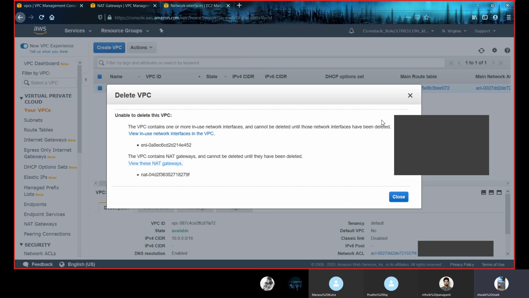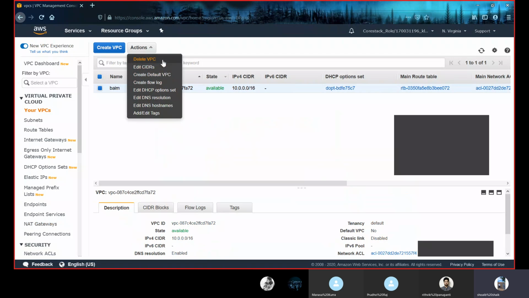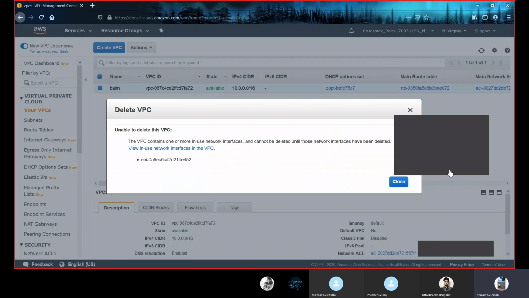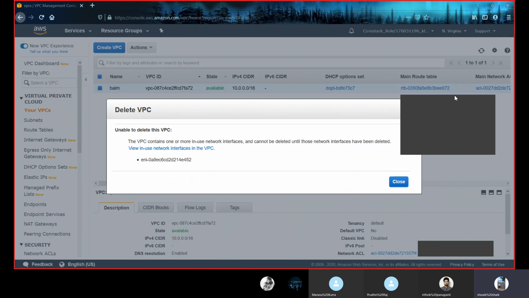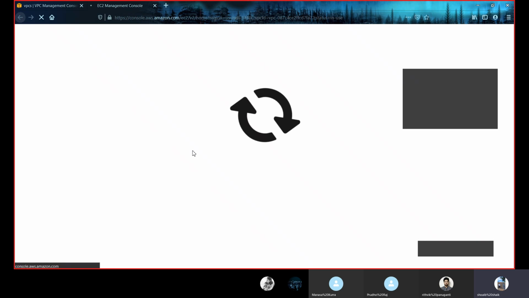Let us get back to the VPC dashboard. And in our VPCs, this is our VPC. Let us delete it. We haven't detached this one. Let us detach this too.